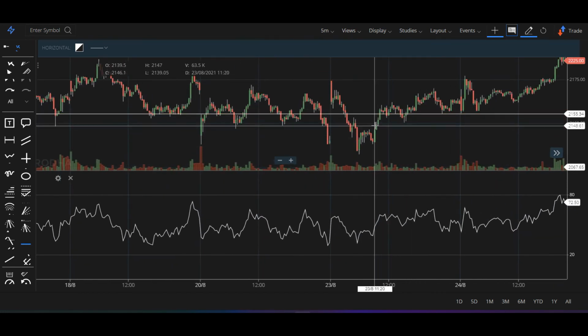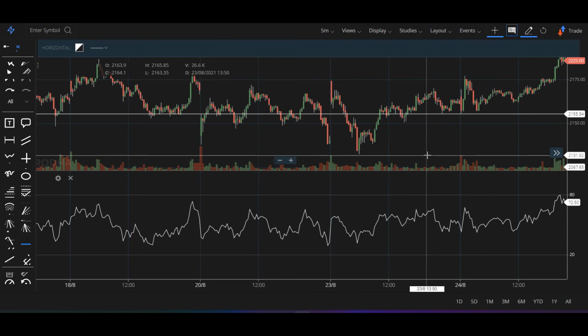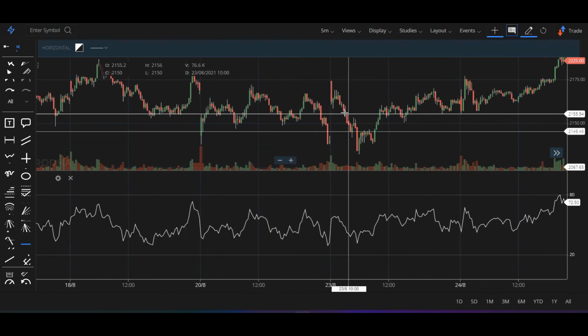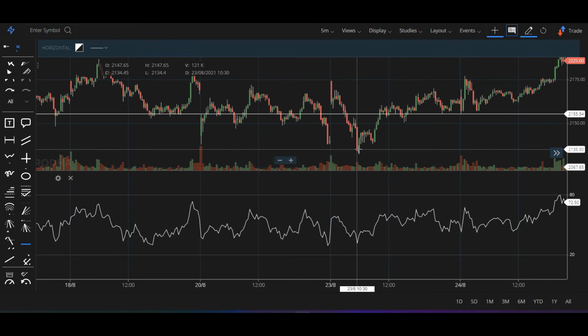So when you are taking the entries, okay, again this is not a holy grail system, right? This is not going to work 100% of the time. Certain times it will work, certain times you might have stop losses and other things, right? So whenever we are trading, we can always look out for these things, right? These are the areas. And 2155 we got 2135, so 20 points gain, right? And this is the point it has reversed.